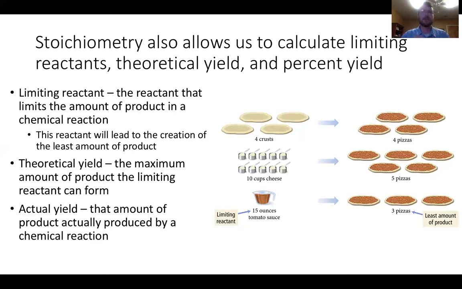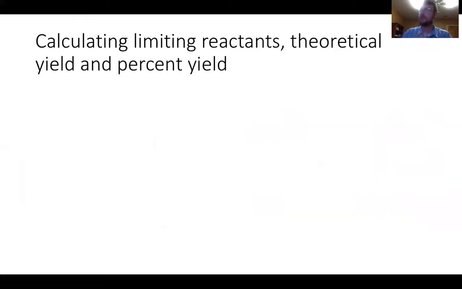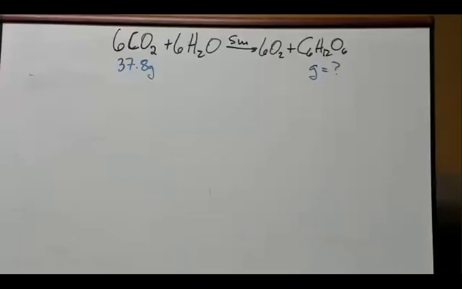Now, it's a lot of words. Let's go to the board. And so we're going to actually start to calculate limiting reactants, theoretical yield, and percent yield. So let's go ahead and go back. And I have my calculator. So let's go back to the previous example that we talked about